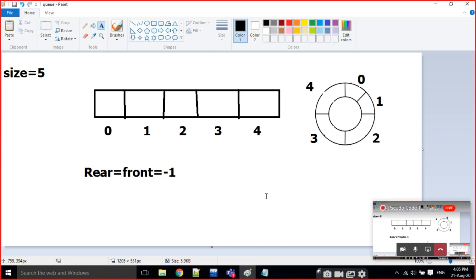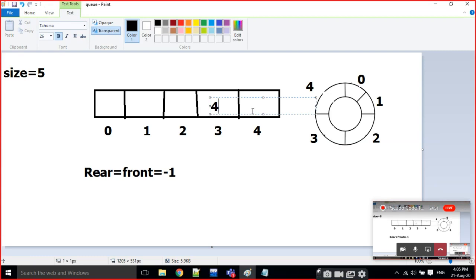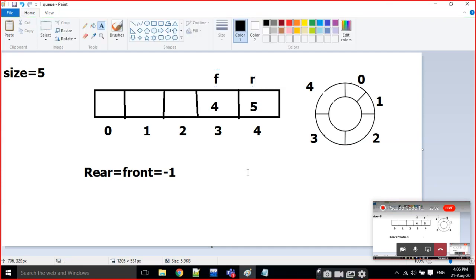Yes, the next topic is the circular queue. For example, the size of the queue is 5 here. What is the drawback with the queue? For example, the values are 4 and 5 like this, and here is the front, and here is the rear. If I am going to click on NQ, it is showing that the queue is already full. But there are 3 blocks free here, and still it is showing that the queue is full.